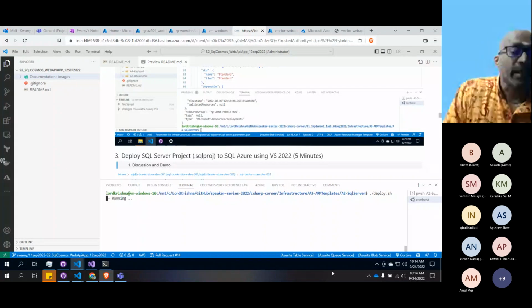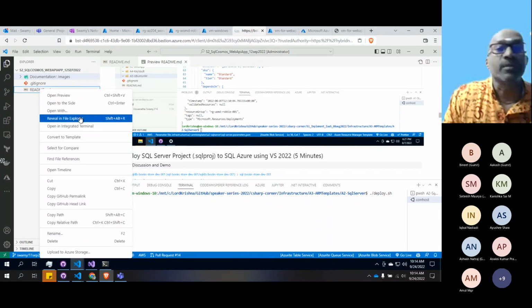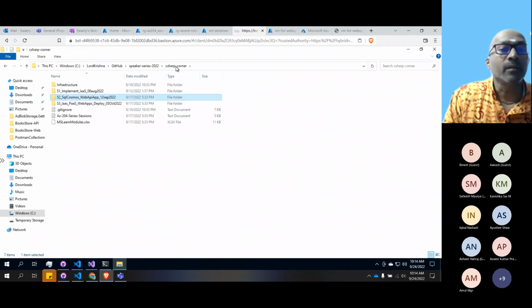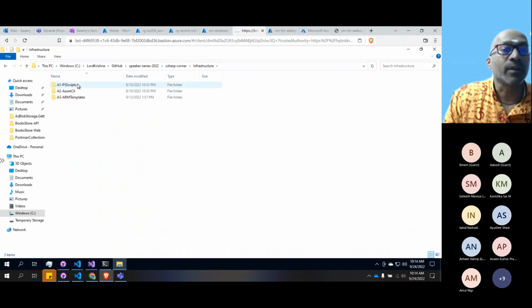So what technically it does, let's go and verify the scripts in another VS Code. I'll come in here and come to this infrastructure. It's a very